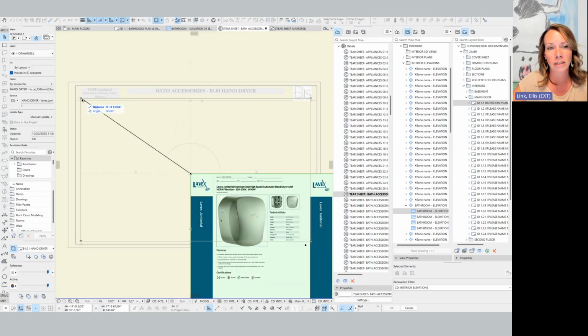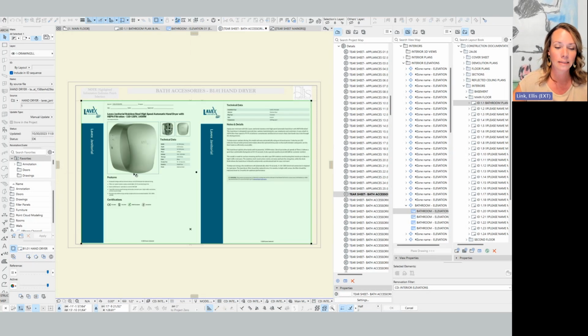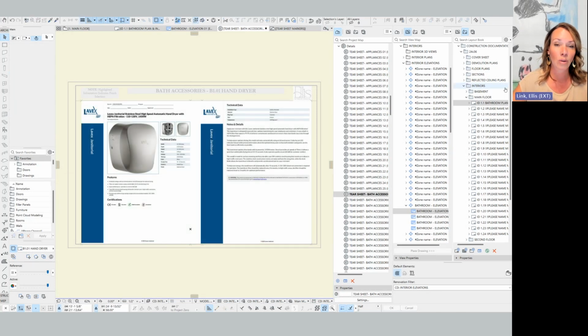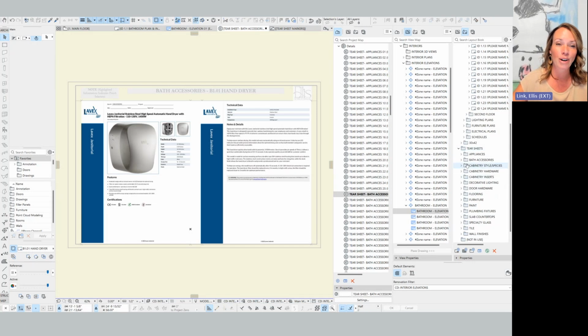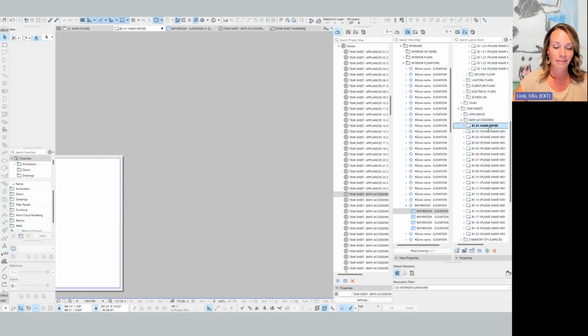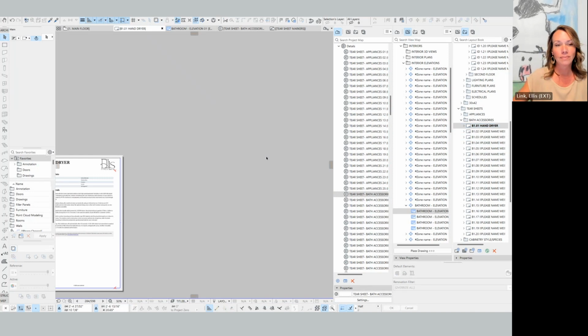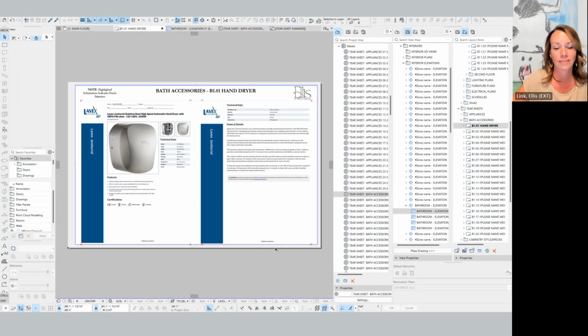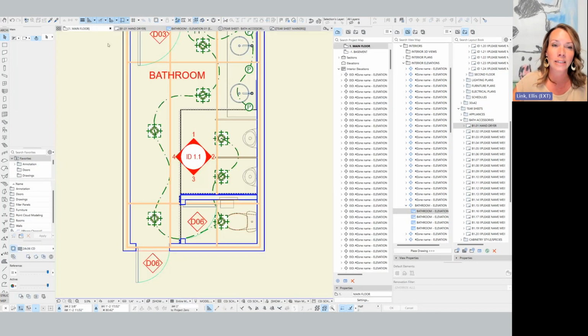We drag and drop the tear sheet into place. And that's all we do. Because of this, our tear sheets are live linked to our BIMx. In addition to our tear sheets, we're going to go back to the main floor and we're going to show